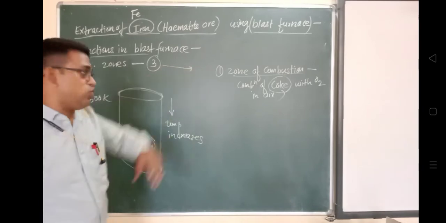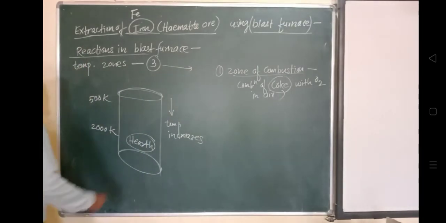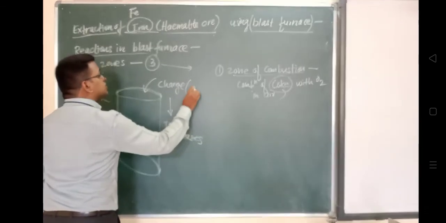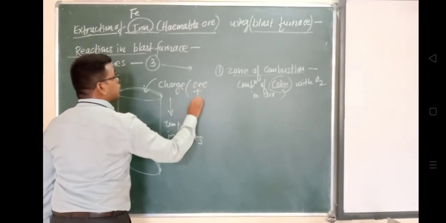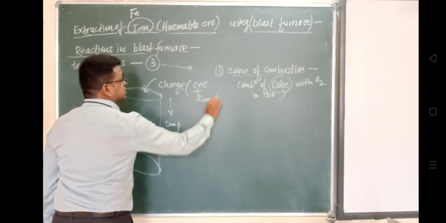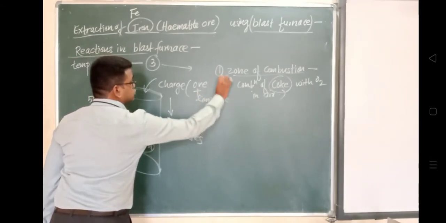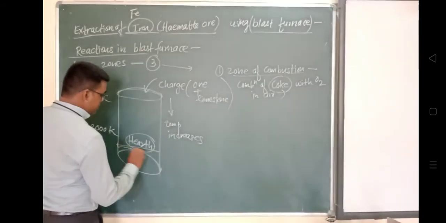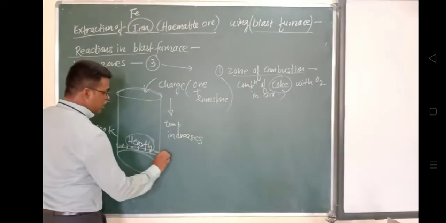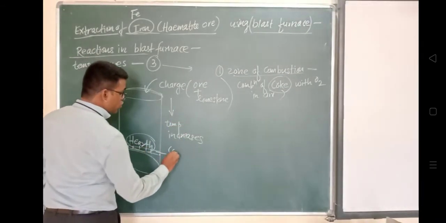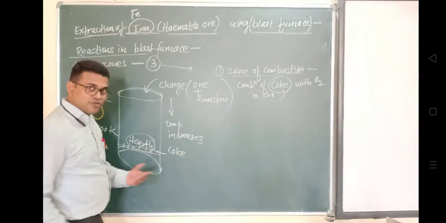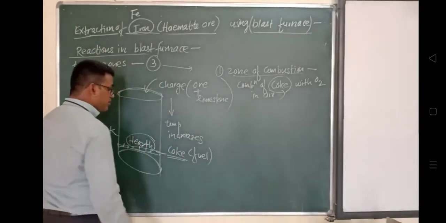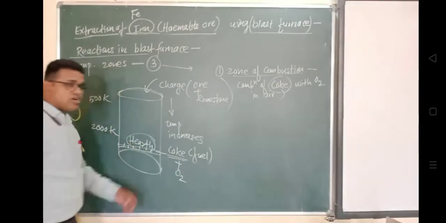So very first is the zone of combustion, second is the zone of reduction, where this Fe2O3, the ferric oxide, will get reduced and converted into metallic iron. And in the third, the zone of slag formation, slag forms by reaction of gangue with limestone. तो देखो क्या होता है, जो भी gangue present है, impurities जो present हैं, वो किसके साथ रिएक्ट करेगा? लाइमस्टोन के साथ रिएक्ट करेगा, और ये स्लैग फॉर्म करेगा. What will it form? It will form a slag.